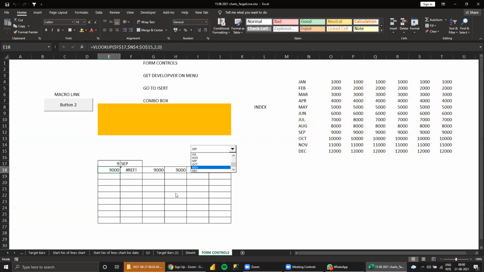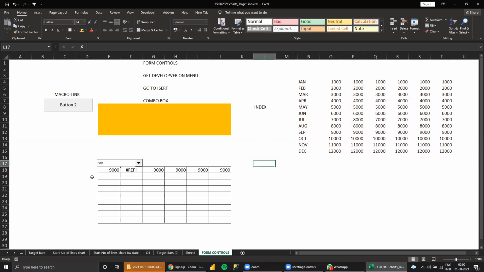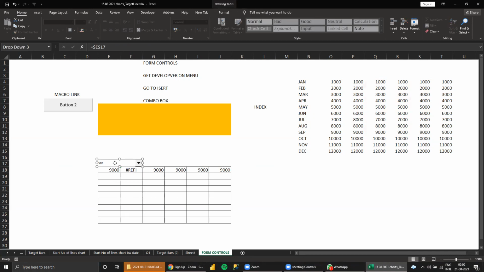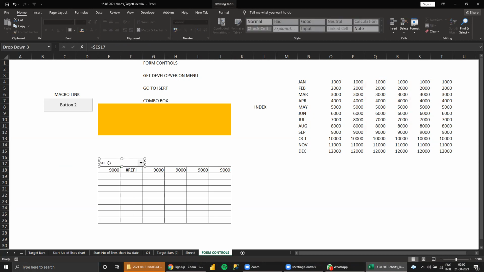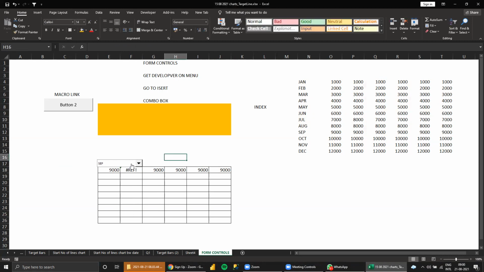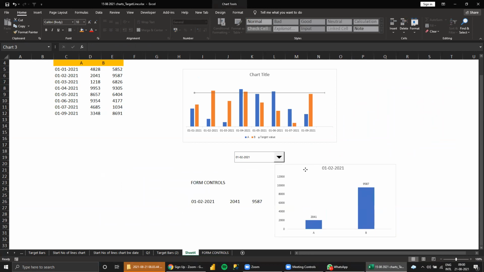Okay. So combo box is used very much, especially for getting the data, and place the combo box in an appropriate place. Related links you can keep in the background. See here my month and name, in the back side I can keep. See here my entire chart data behind this.